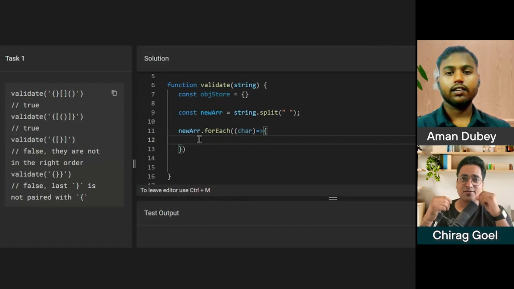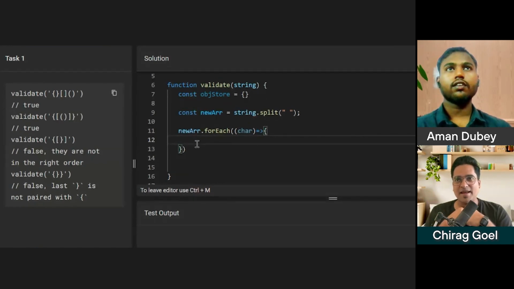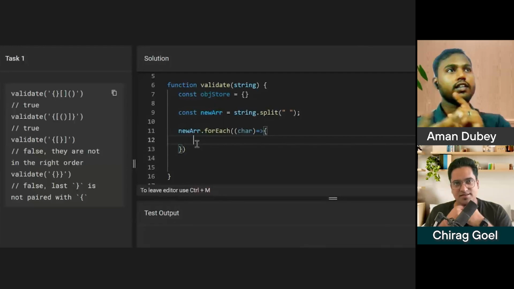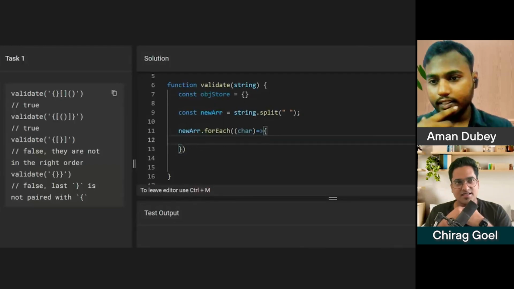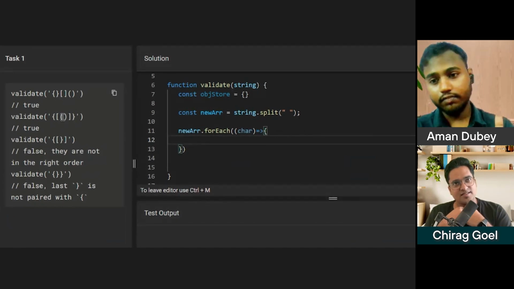Can you think about it very basically? Yeah, please go ahead. I can store it in an array, and that is what I am getting in my mind. If I take the second example, I will store the curly braces, then the square bracket, then this, and after that I will check the last one that I have added.